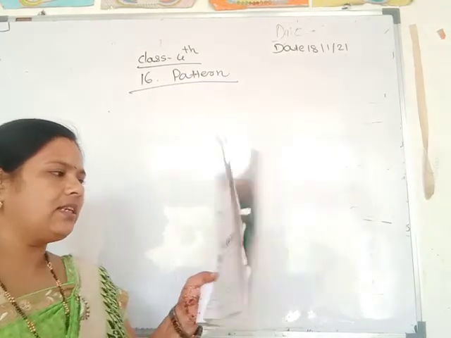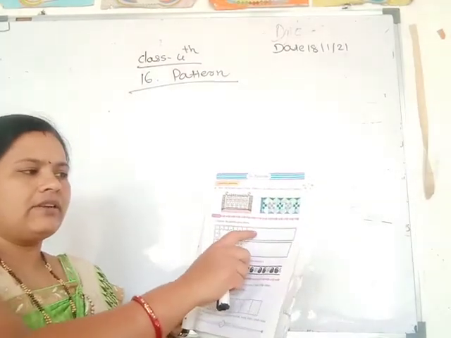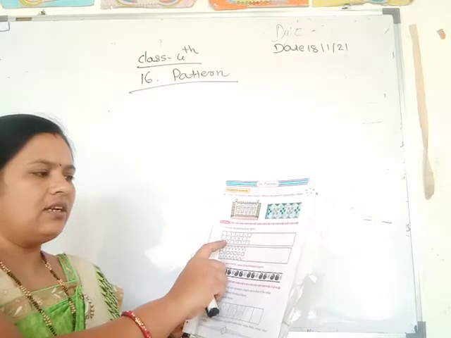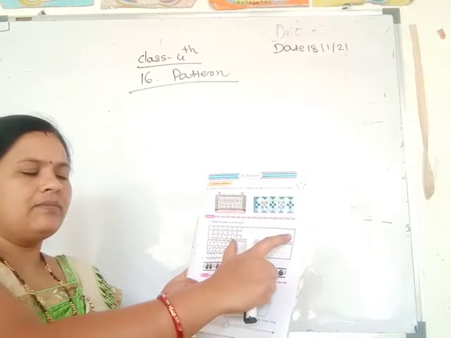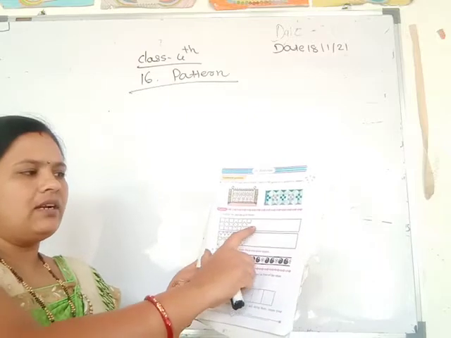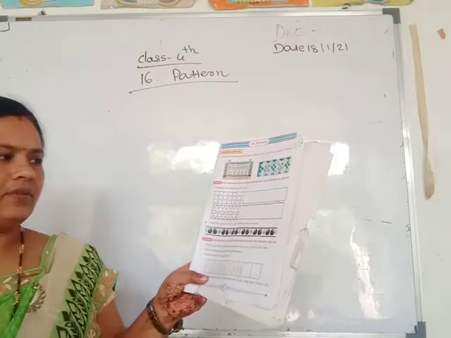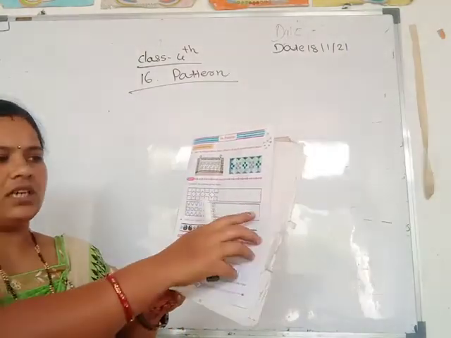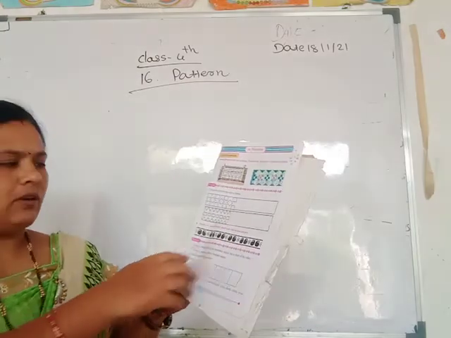Then see this exercise, complete these patterns given below. Here square, square, square, you complete this, take an equal distance here, below also here squares, and in the middle you draw this figure. In homework you complete this pattern, you see this pattern and draw here. Then the second one also, see this, here triangles, in the middle square, circle, square, circle, square, circle, here also triangles. This is also a pattern, you complete this.